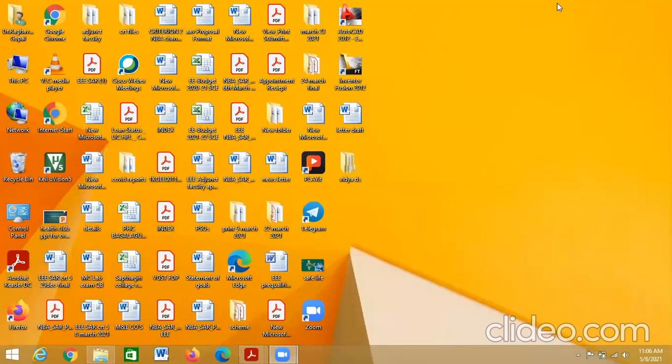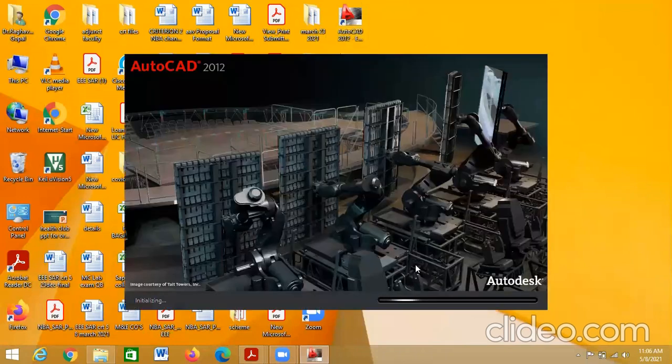Now for this particular problem, I'll open the AutoCAD software for the lap winding retrogressive. Now I'm opening the software, double click on the AutoCAD 2012 software.